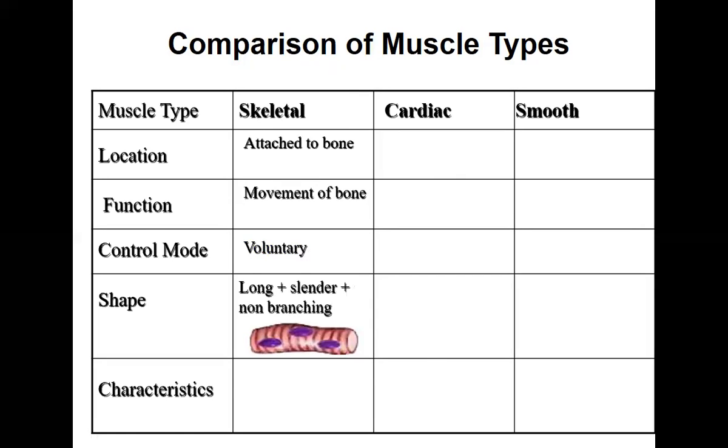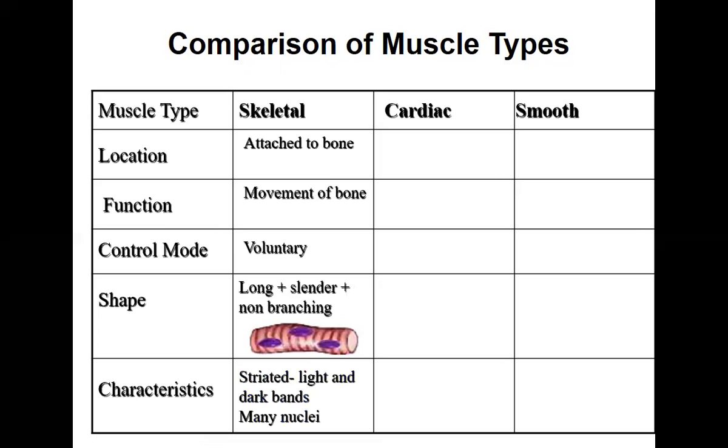Then, if you see the structure under the microscope, this is one single muscle cell, called a fiber. The muscle fiber cells are not rounded like we saw before. It will be a long cylindrical structure. The shape of these cells will be long, slender, meaning thin, as well as non-branching. They don't branch. A single muscle fiber is multinucleated. Usually all cells have one nucleus, but in the skeletal muscle it is multinuclear. Many nuclei are there.